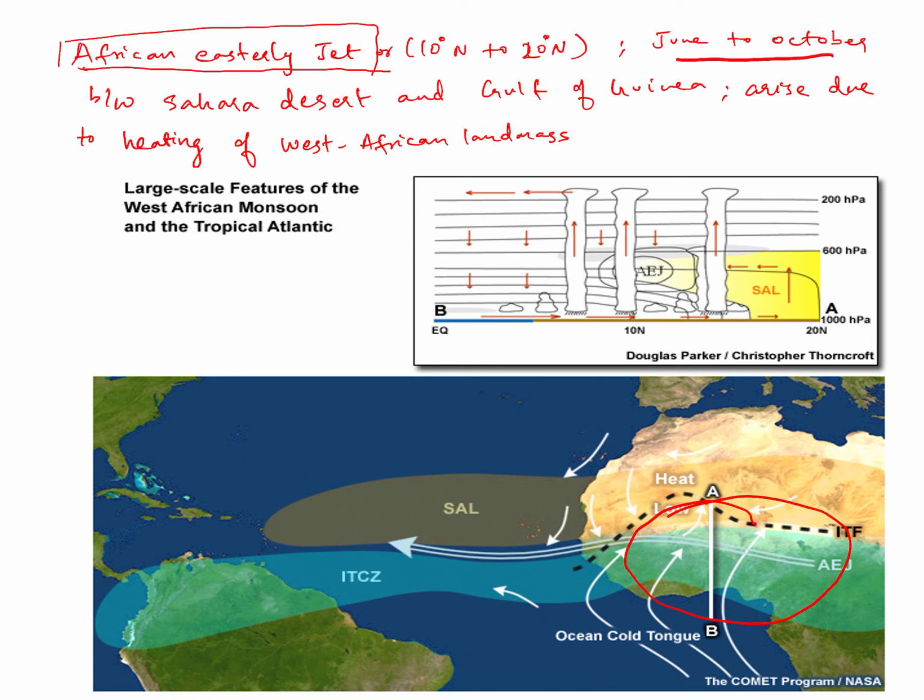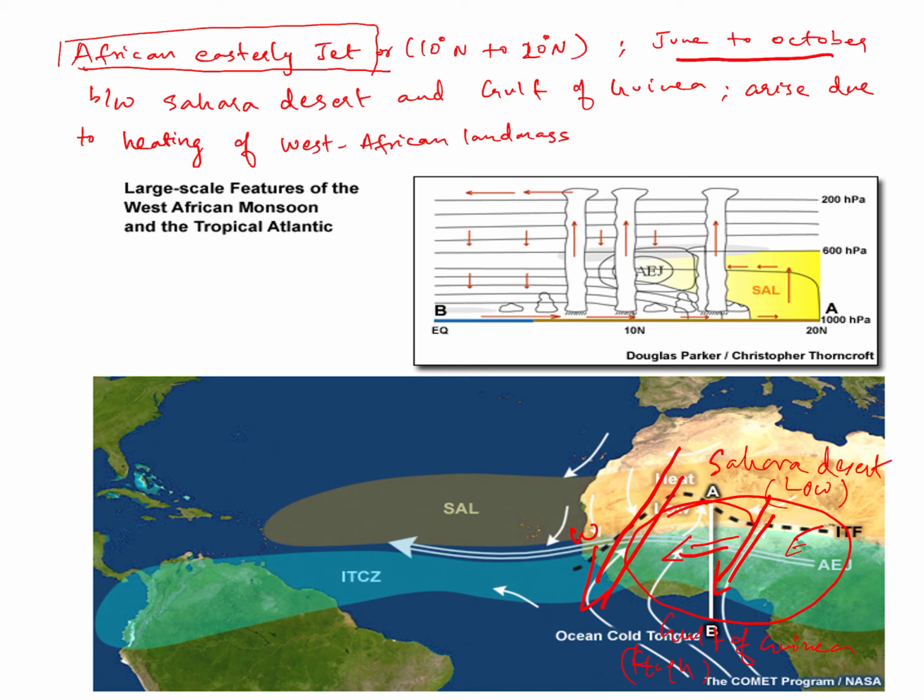Because of the intense heating of the Sahara desert in summer, low pressure conditions develop here, while the Gulf of Guinea, which has great moisture and is relatively colder, has higher pressure. So the wind in the upper atmosphere starts moving from where to where? From the Sahara to the Gulf of Guinea. Since it is moving from north to south, the deflection in the northern hemisphere is towards the right, so it is also moving from east to west.